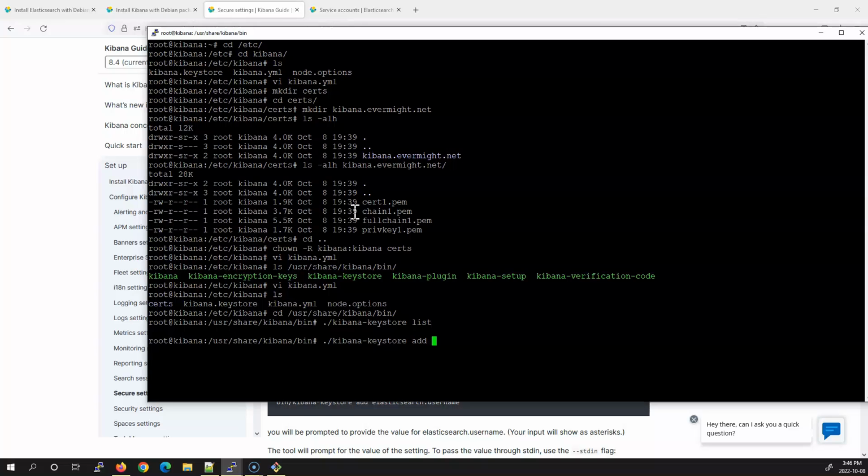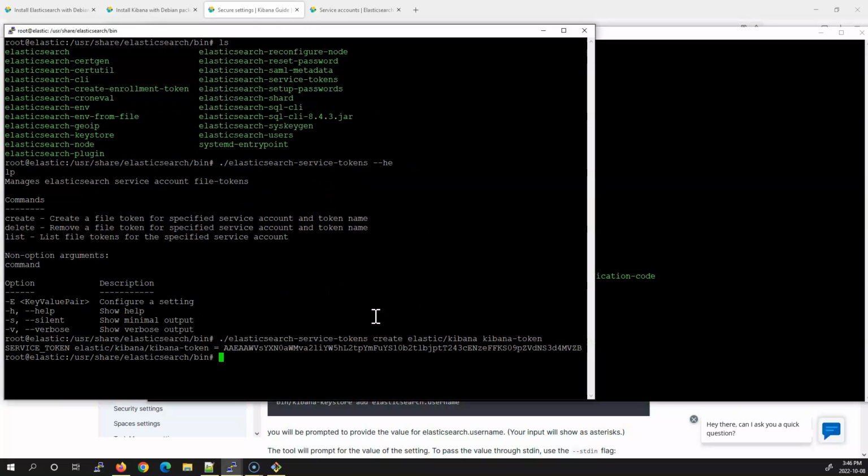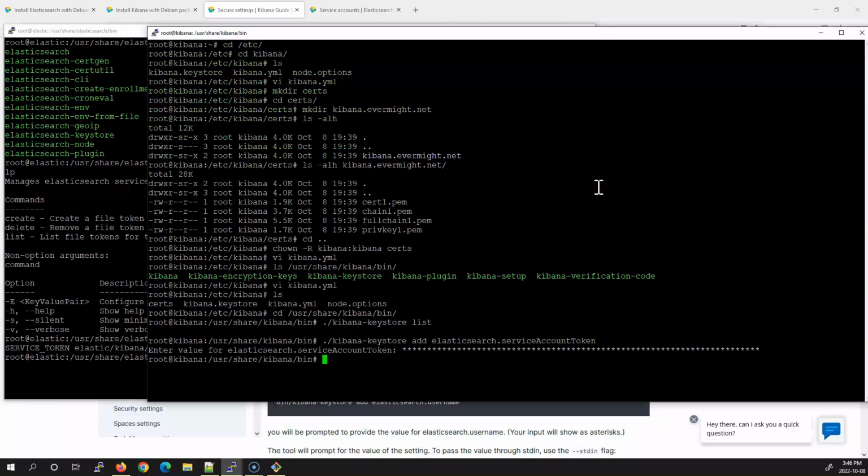Let's add, and we're gonna create this property, or assign a value to this property. The value we want is from what the Elastic server has given us. I'm going to paste it in here. And just like that,